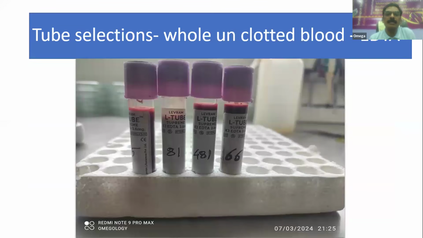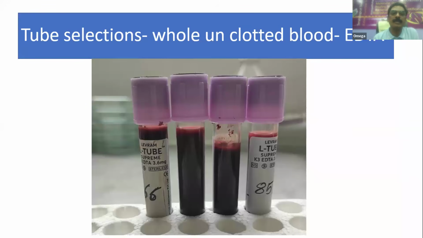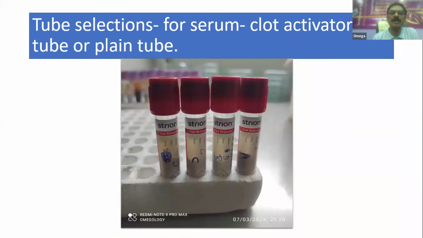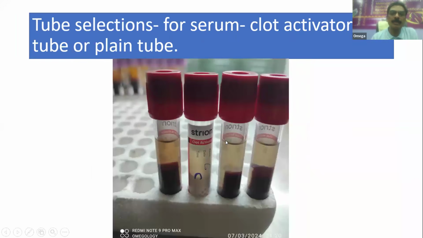Now these are the tubes. If you see carefully, the K3 EDTA tubes can be used for CBC and blood hemoprotozoal diseases. Then for serum, we require clot activator tubes or plain tubes. Due to the clot activator, the RBC part gets separated and clear serum is obtained. We can transfer it into another container, or you can send this type of container directly to the laboratory